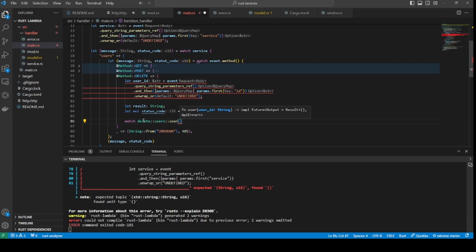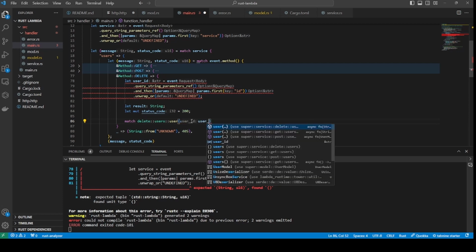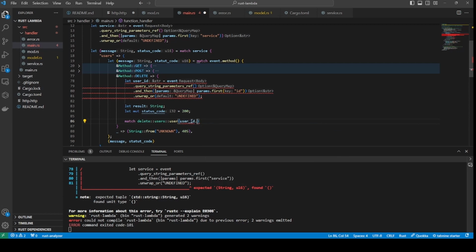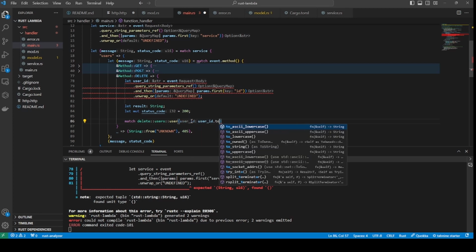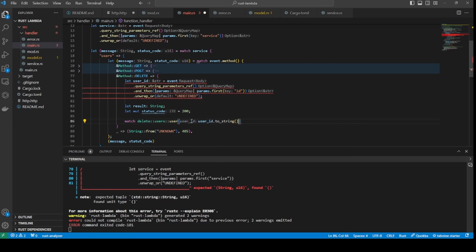You can actually make it in such a way to look like you have something like delete user and then just put the ID. That would also be cool. But yeah, user ID. We are matching it, so if it is okay,